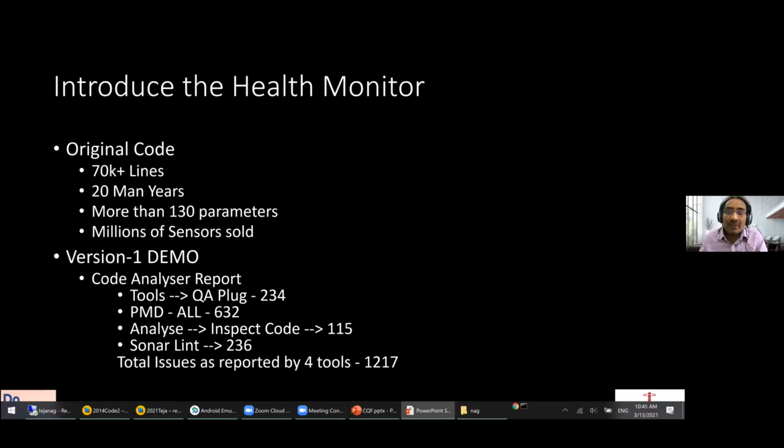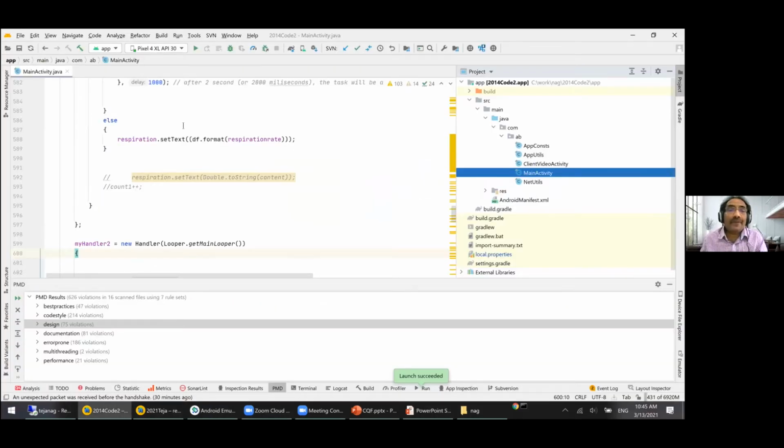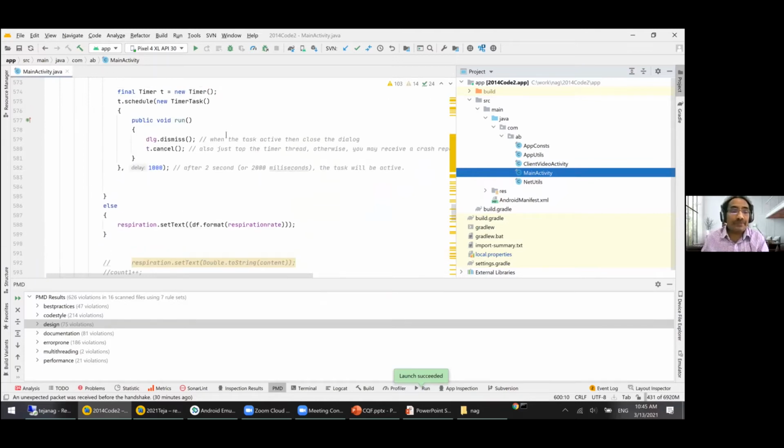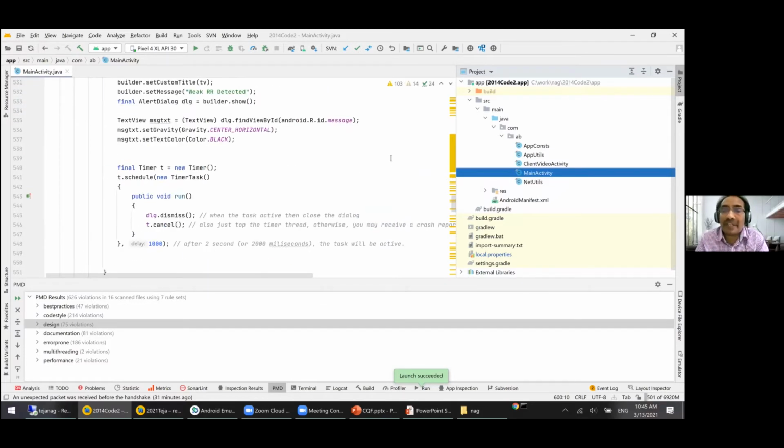So what I can show you is my Android Studio. Can you see it? Yes, sir, we can see it. Yeah, so this is the code. This is actually a sub part of that bigger screen. I will run it and show you so that you get a sense of what this application is all about.